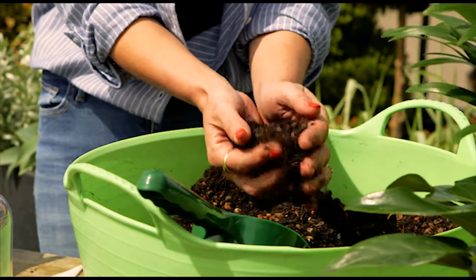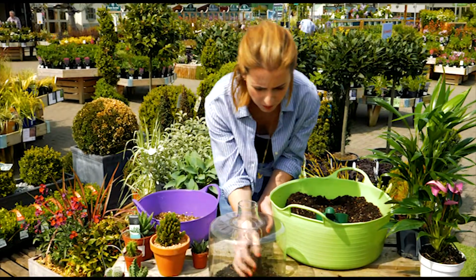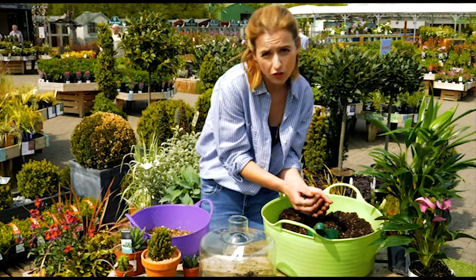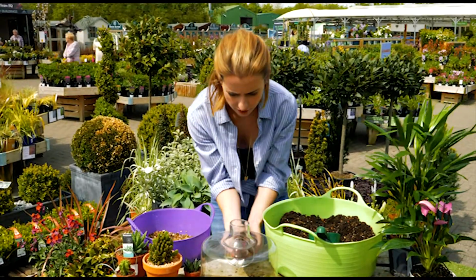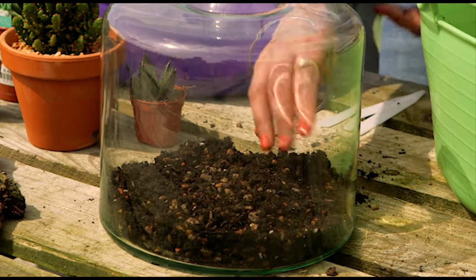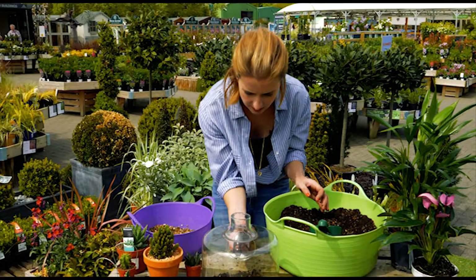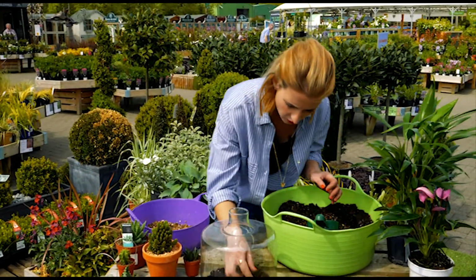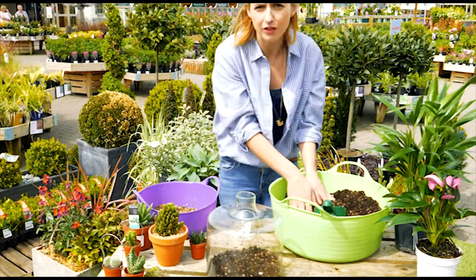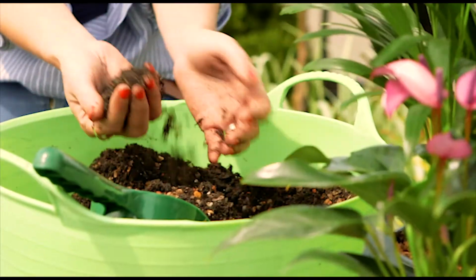Now, terrariums are really fashionable at the moment. And I think one of the reasons is they look gorgeous, but they're also incredibly low maintenance once you've planted them up. They also make fantastic centerpieces on a table or on a shelf. They're very Instagrammable. So I think that's my